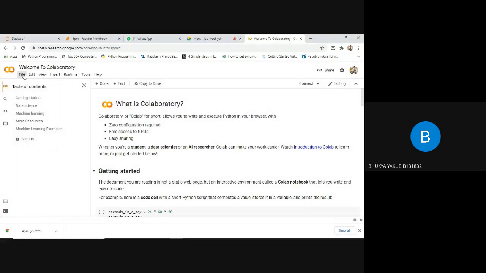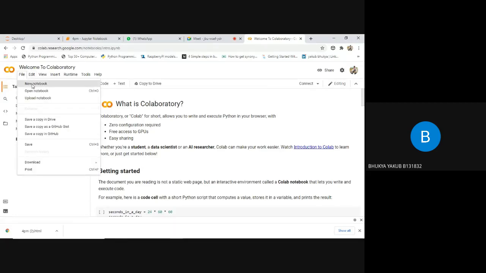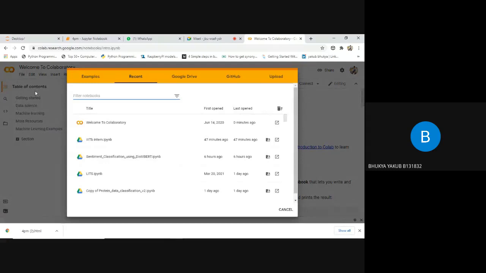Okay, done. Here you can click on the file option. New notebook is an option to create a new notebook, whereas now I don't want to create a new notebook as I already created one, and I want to open a file which I worked on previously. To open a notebook which you worked on previously, you can click on open notebook. Whenever you click on the open notebook option, whatever files are saved in your Google Drive will be shown to you.